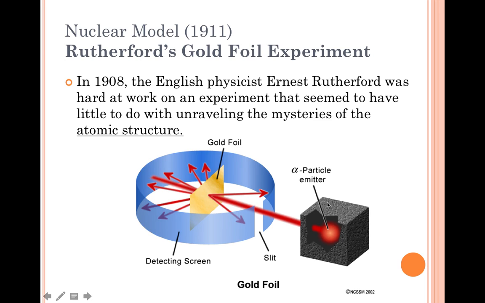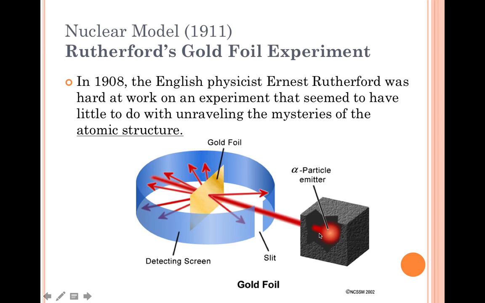Alpha particles can't go through lead, though, so he put this radioactive source in a lead box and put one hole, so he made kind of an alpha particle gun. He aimed that gun at a very thin piece of gold foil, and around the gold foil he had a radiation detector, so he could see what happened to the radioactive particles. Now he was kind of expecting that the radioactive particles were going to be so powerful that they would just go right through and there wouldn't be any disruption.